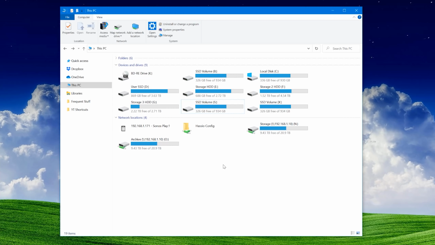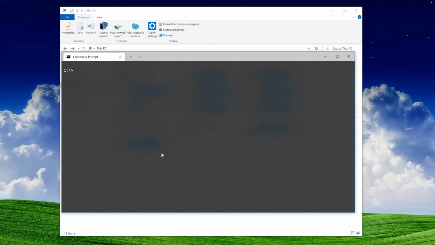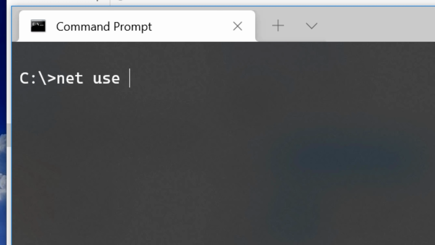All right, now the next method, which also will persist through the reboot and will actually let you rename the drive, is to use the net use command. I'll put it on the screen for now because there are some things we're going to change. But first, you're going to need to get the name of the computer. If you don't know what it is, you can simply type in hostname, and that will show you. I already know mine is Joe PC.